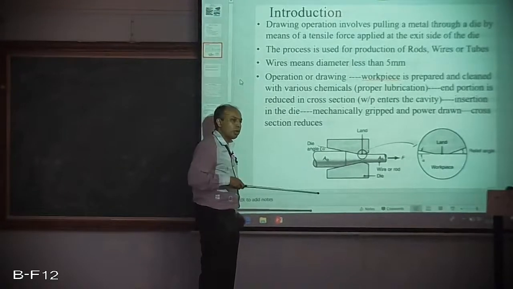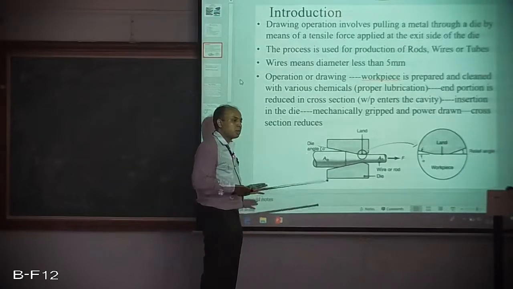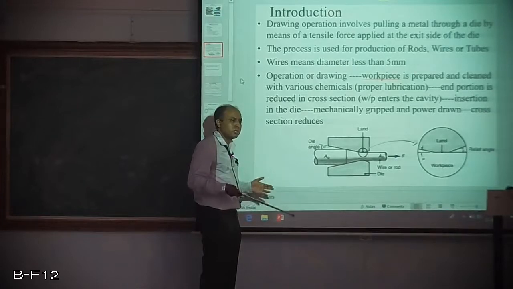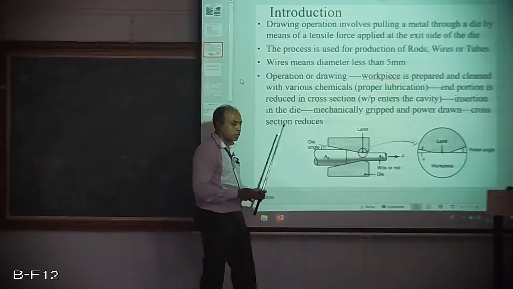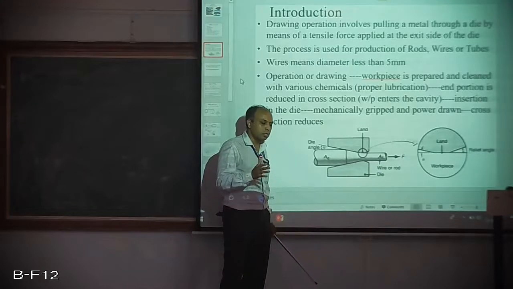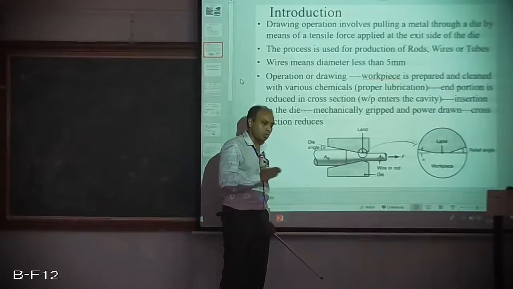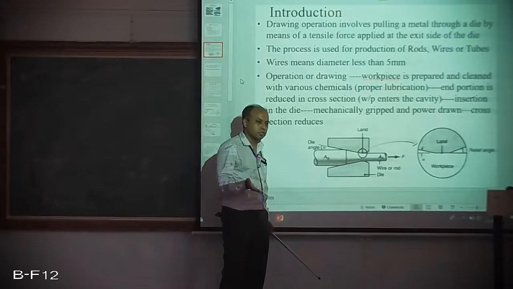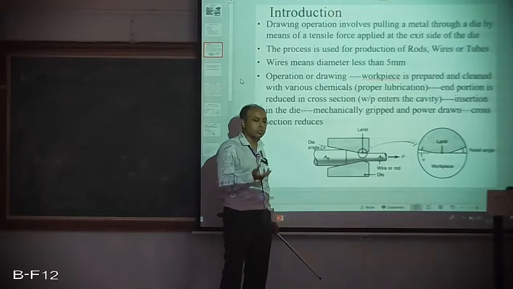Okay. So if you want to avoid cracking in the material, I would prefer to go for the extrusion process. If the material is sufficiently ductile, it can undergo sufficient plastic deformation without fracture, then I can go for the drawing operation. That's why wires are not made of some hard, high strength material. Normally they are copper wires, aluminum wires, or low carbon steel wires. At the max, medium carbon steel wire, not even medium carbon, it is on the lower side, because the higher the percentage of carbon in the iron, the stronger the steel becomes. Then it is difficult to draw such steels. So at that time I might go for the extrusion process.